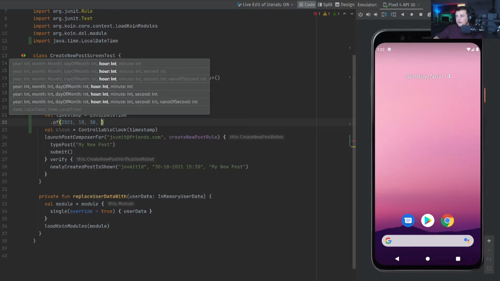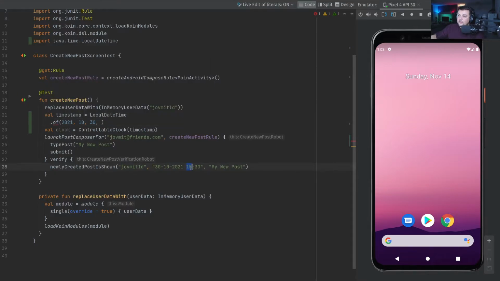Now it says hour, it's 15, but the thing is that I'll have to pass also time zone to this thingy, and for a time zone I don't want to do any calculations. I just want to be simple and pass 0, which means 2 hours before 15. So 2 hours before 15 is going to be 13, and the same